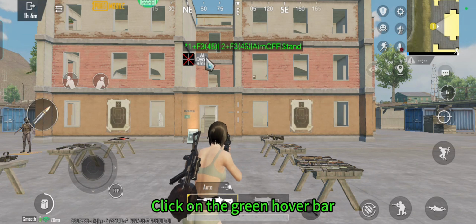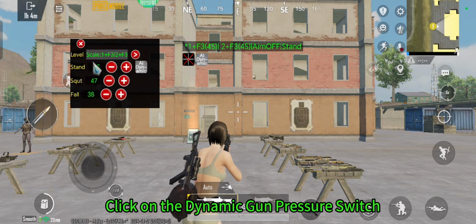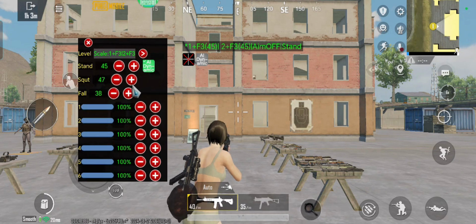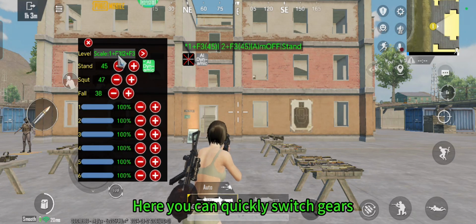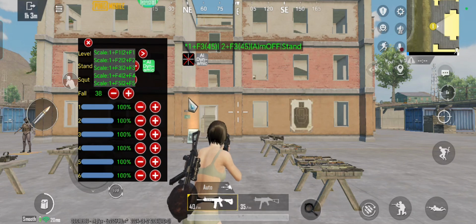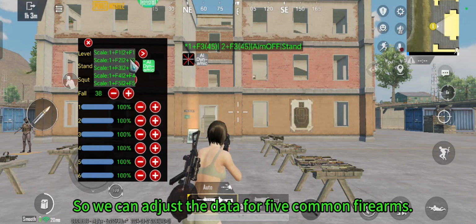Click on the green hover bar. Click on the dynamic gun pressure switch. Click to open dynamic adjustment. Here you can quickly switch gears. There are a total of 5 gears that can be switched, so we can adjust the data for 5 common